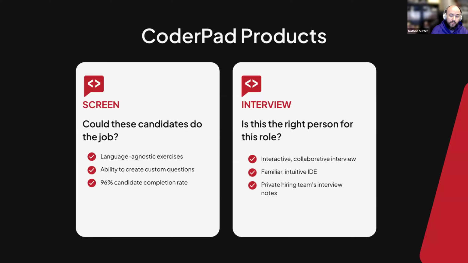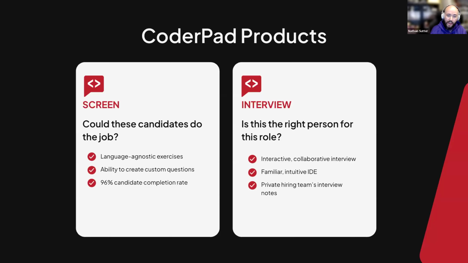So we have screen there, and Frank's going to walk through the details in screen, and specifically, 10,000 foot product view, but also, how do we have some of the features in the screen that combat some of the concerns we're hearing about cheating in AI, and then we have interview,